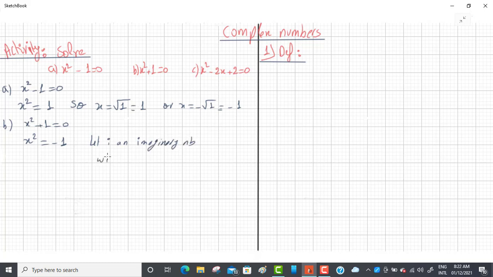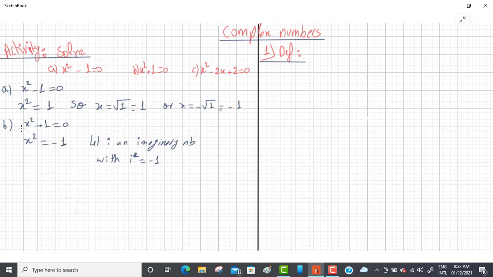with i squared equal minus 1. Okay, so i is an imaginary number. You can't find a value of i. You never find that i equal 2 or i equal 3 or i equal minus 1 or i equal 1. There is no value of i. i is a pure imaginary number. You know the value of i squared. i squared is minus 1, and then you can find i cube, i power 4, but you can never find